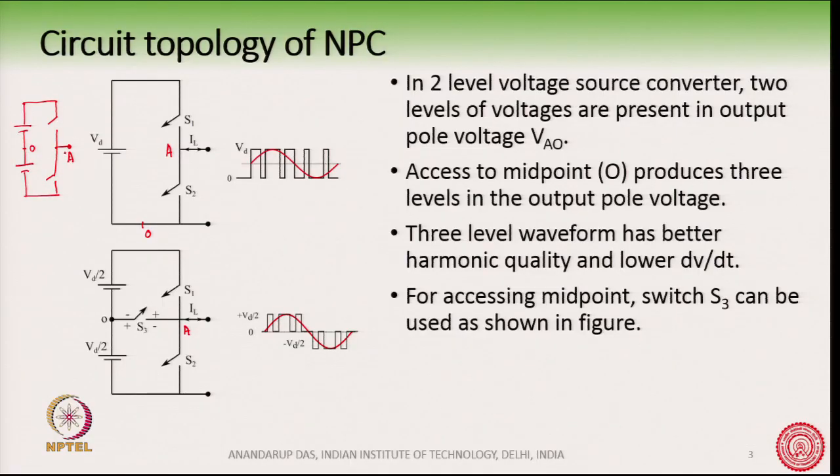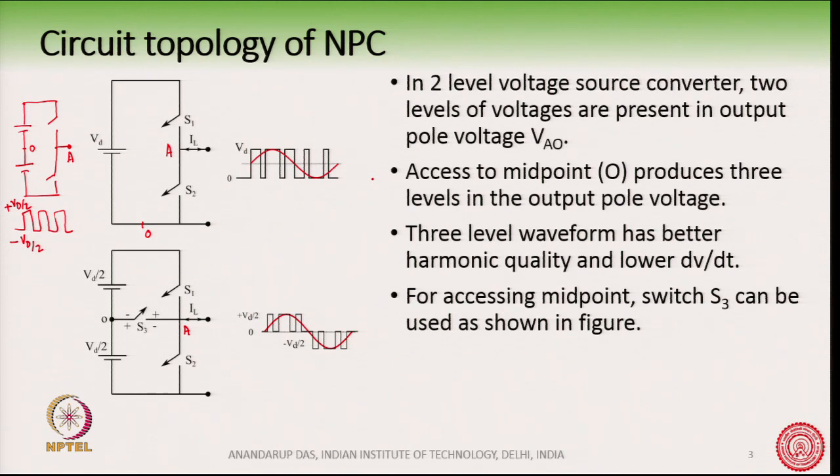So, for this circuit here, the voltage waveforms will be minus Vd by 2 to plus Vd by 2, again 2 levels, plus Vd by 2 and minus Vd by 2. The 0 level does not exist. If I take the 0 level to be at the bottom, then I have 0 and Vd as I have shown in this waveform.